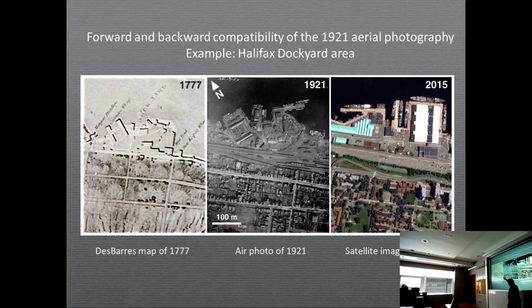Consider the Halifax Dockyard building over here, still very noticeable in the 1921 photography. And even to this day, there is this angled jetty here, this one, that harks back at the configuration of the dockyard in those